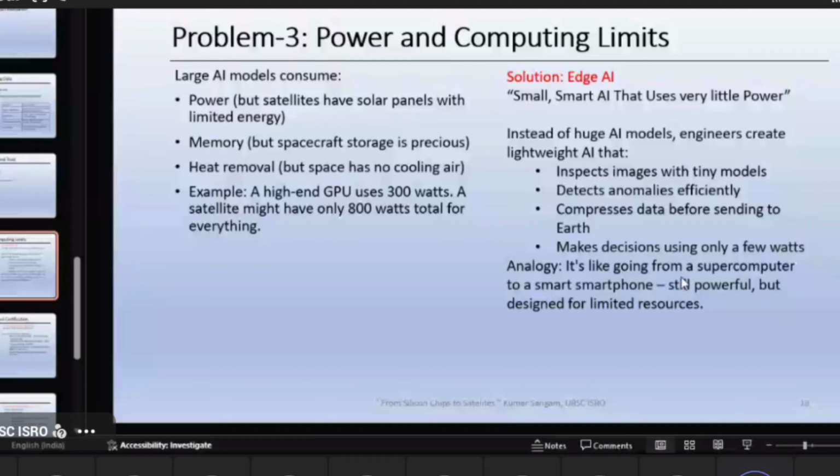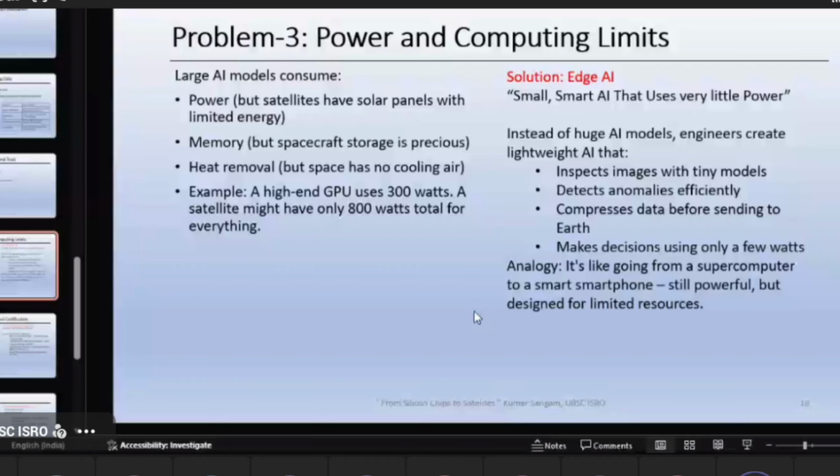Maybe it should not work every time, but over a satellite duration of 15 years it works half of the time, let's say. Every half an hour or every 15 minutes it works, so that it saves some time, some power, some memory. The simple analogy is that data centers are like smart supercomputers, but what we have in our hands is a smartphone. It's very limited. It does not meet those computing requirements or that performance, but it meets our requirements. Similarly, in the case of satellites.